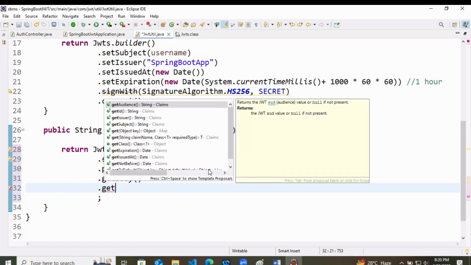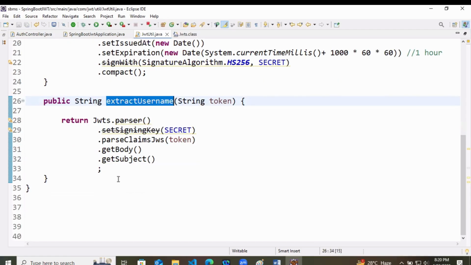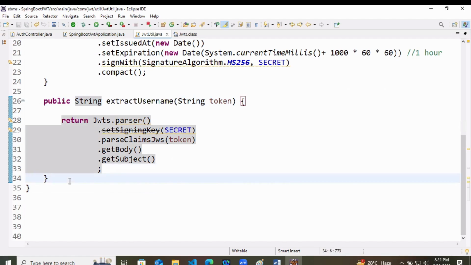Dot get subject. Subject means the username. So here we are doing this, and that's it. This method will return, or you can say this method will extract the username.